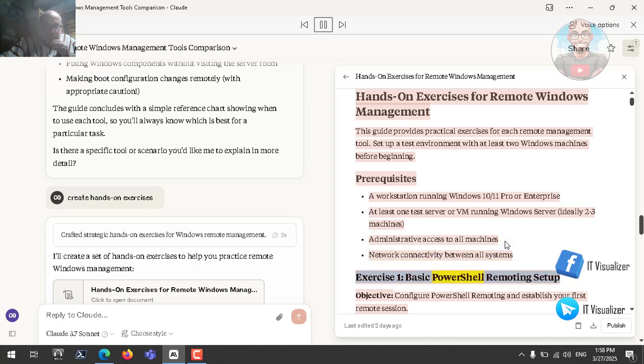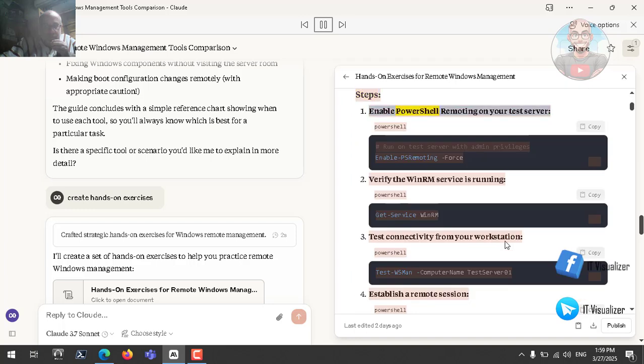Exercise 1. Basic PowerShell remoting setup. Objective: configure PowerShell remoting and establish your first remote session. Steps: enable PowerShell remoting on your test server. PowerShell. Copy. Hashtag run on test server with admin privileges. Enable-PSRemoting -Force. Verify the WinRM service is running. PowerShell. Copy. Get-Service WinRM. Test connectivity from your workstation. PowerShell. Copy. Test-WSMan -ComputerName